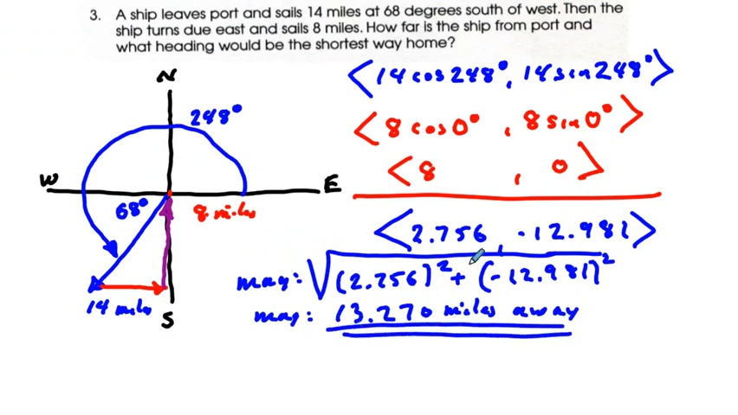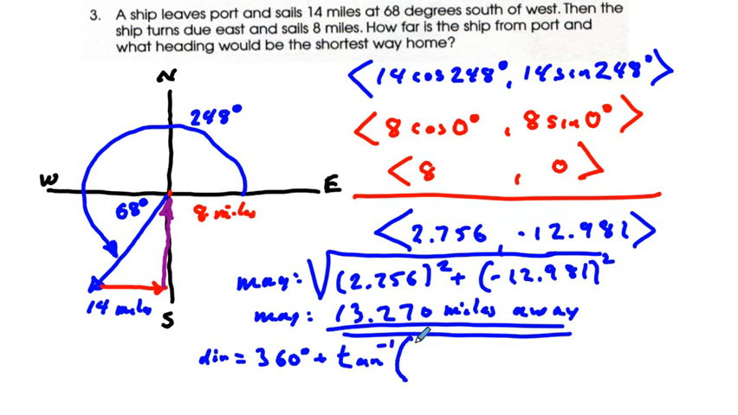Okay, so that's going to be one of our answers. And it says what heading would be the shortest way home. So we're looking at the direction here. And the thing about it is it looks like we have cosine positive and sine negative, so we're talking about a quadrant 4 deal. Now it looks here in my drawing like it's quadrant 3 business, but because of the cosine and the sine, cosine being positive, sine negative, we know that's quadrant 4. So our direction is going to be equal to 360 degrees plus the inverse tangent